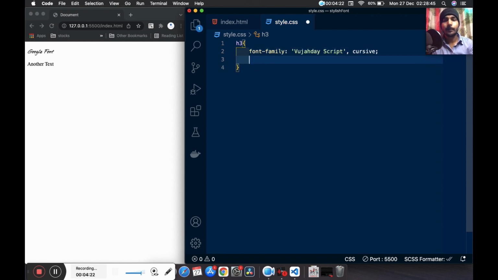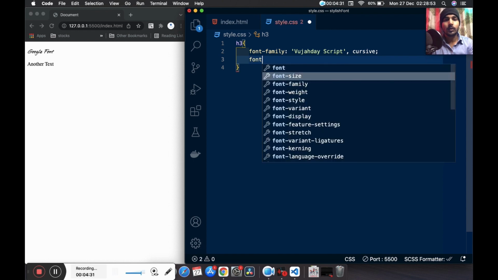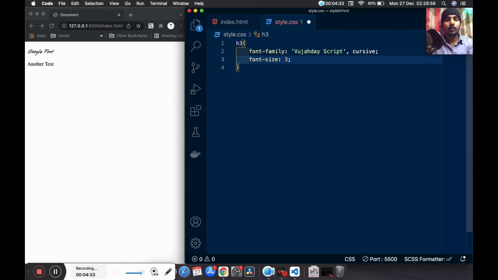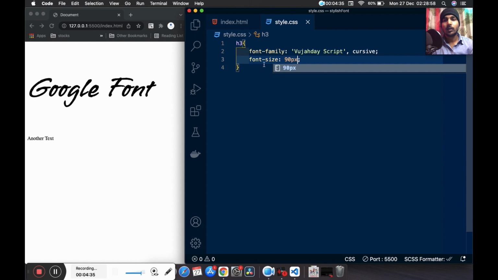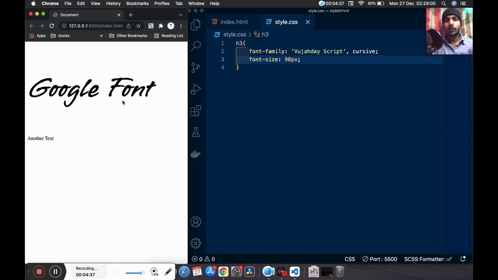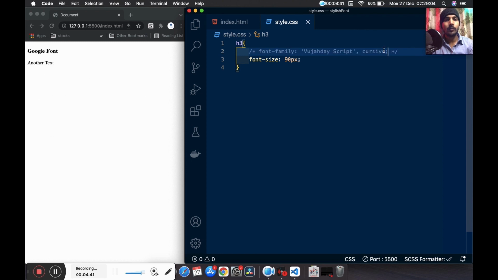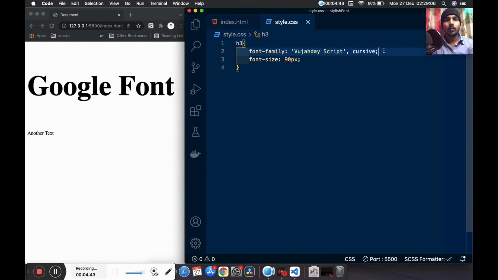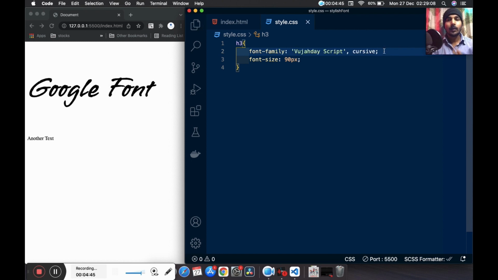So you can see in the browser the font of h3 is changed, and I will change the font size so you can see it clearly. So this is the font we have used, and before that it was like this. So this is basically how to use Google Fonts.